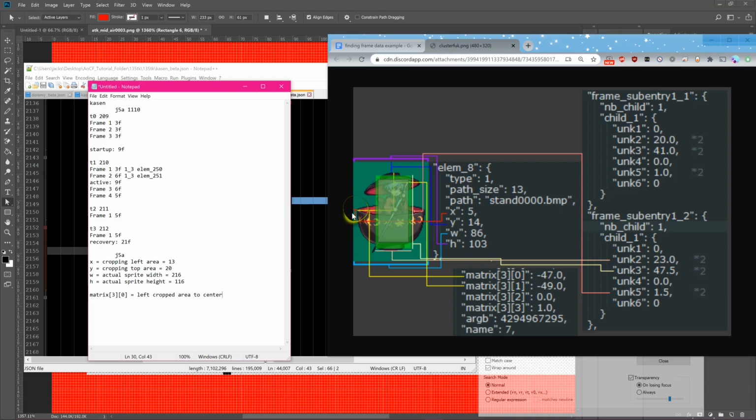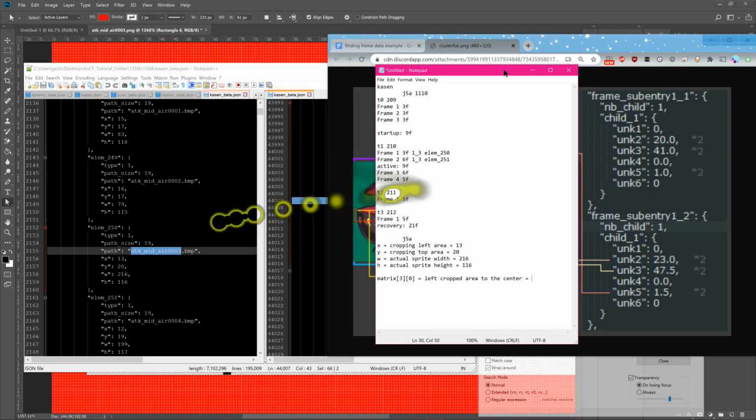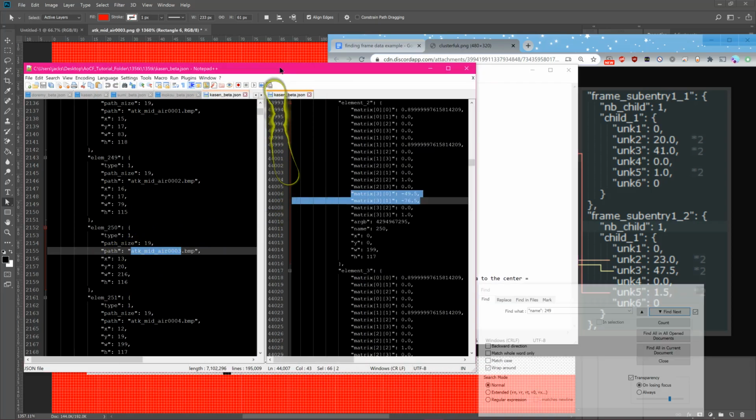The left cropped area, the usable area that the devs made. This left cropped area to the center. The matrix right here for Sukuna at least is going to be 47 pixels. So they're going to create 47 pixels all the way to the center. For Kasen, which is what we're doing, it's going to be